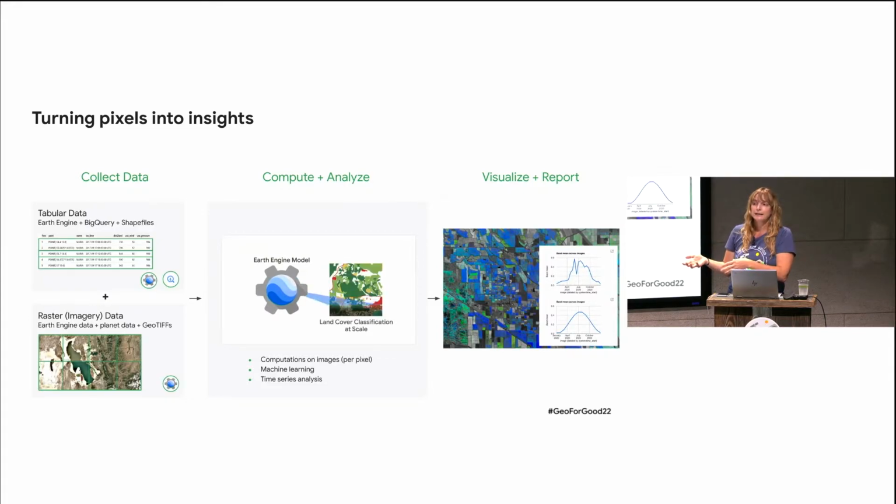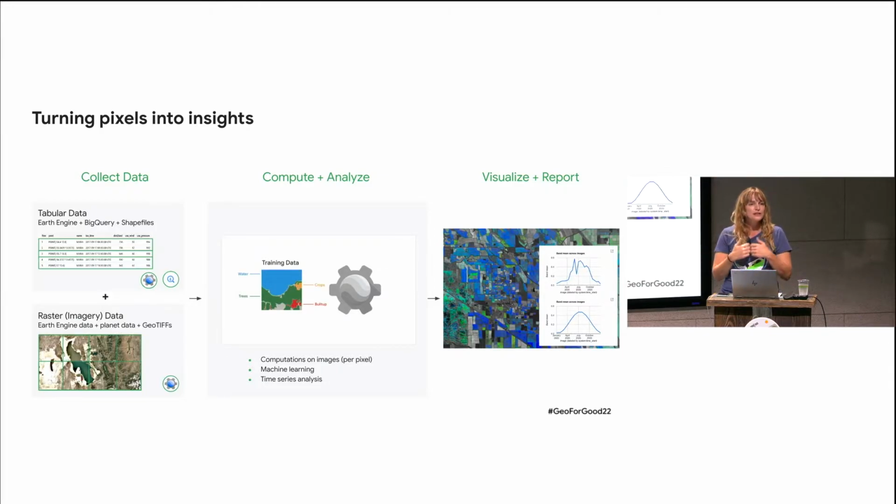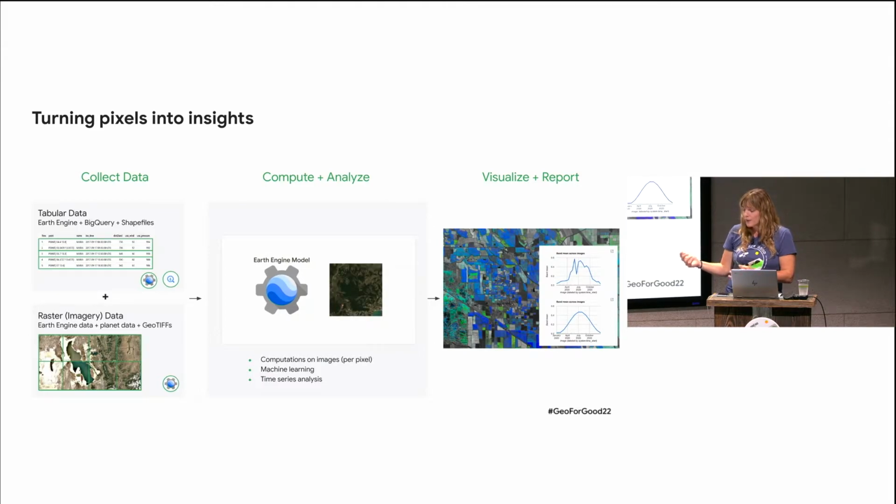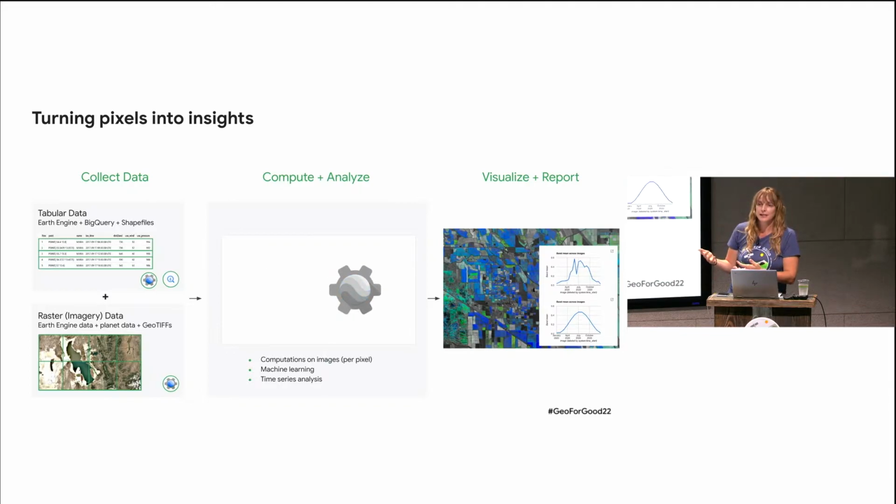So you have these different data sets, and then you can compute and analyze it in different ways. And a lot of people are talking about machine learning. Of course, that's very exciting, but there's a lot of things that are just mathematical formulas, doing raster band math. There's just a ton of things you can do in Earth Engine that is really powerful. One thing that I think Google Earth Engine does excel at, and that's why a lot of people are interested in it, is machine learning, because it's connected to the Google Cloud and Vertex AI, and people can integrate TensorFlow and all that stuff, but also time series analysis,